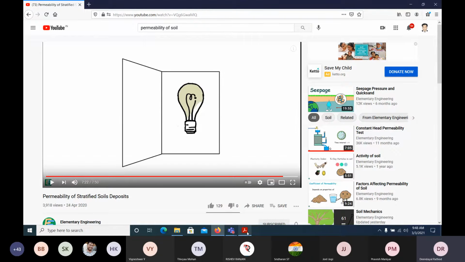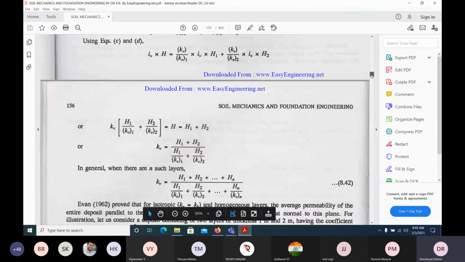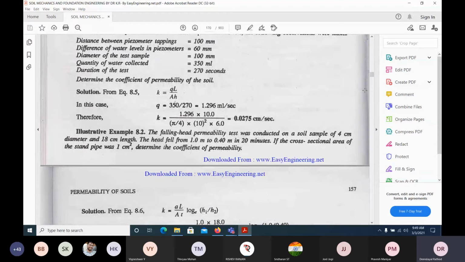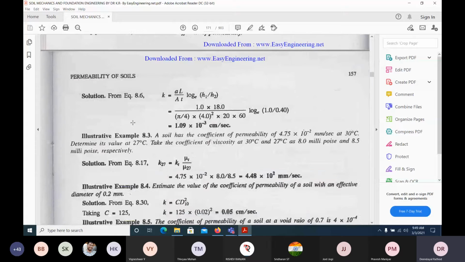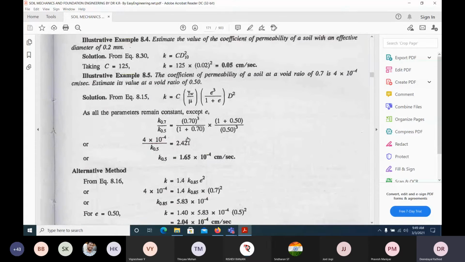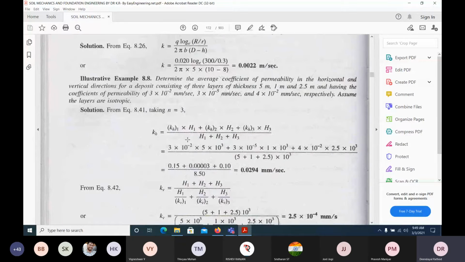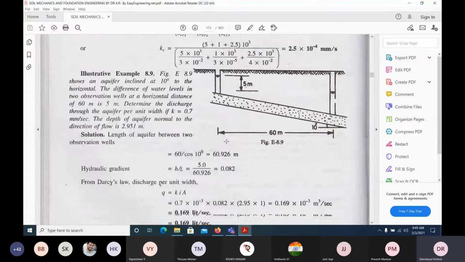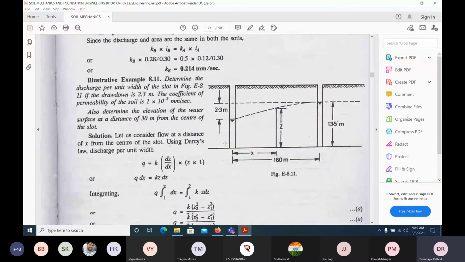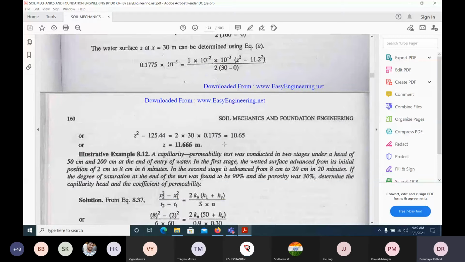That is effective stress. That is a very important topic. And this permeability, please go through it. There are some problems also given based on the constant head and falling head methods. You read it. See, look at this, it is based on this vertical flow, these equations. So solve all the problems.